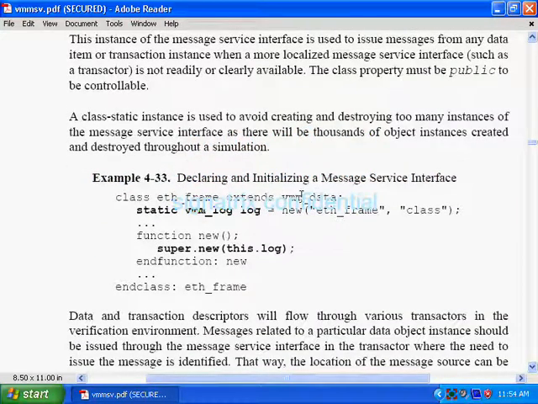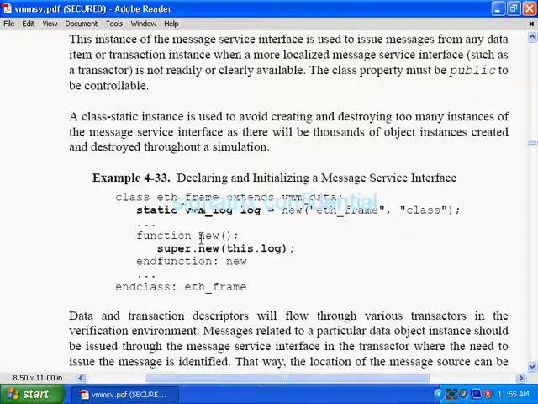So they are taking a data class, this is the base class, and after that they are declaring static. If you are declaring this thing static, you are explicitly declaring the variable as static. VMM log is a base class, and you are deriving one log message; log is a handle for that. Now you are creating one object for that, and in the object you are passing Ethernet frame and class. So you are initializing Ethernet frame and classes.